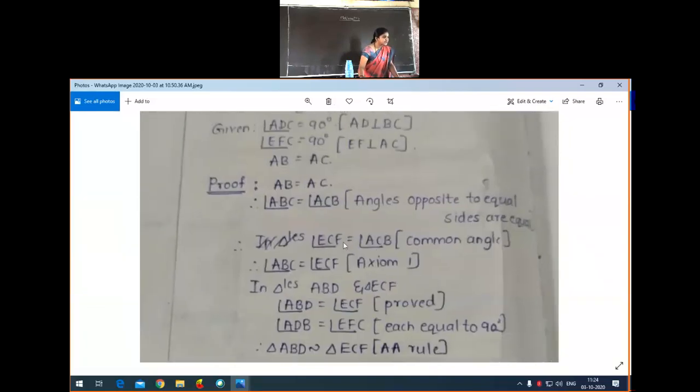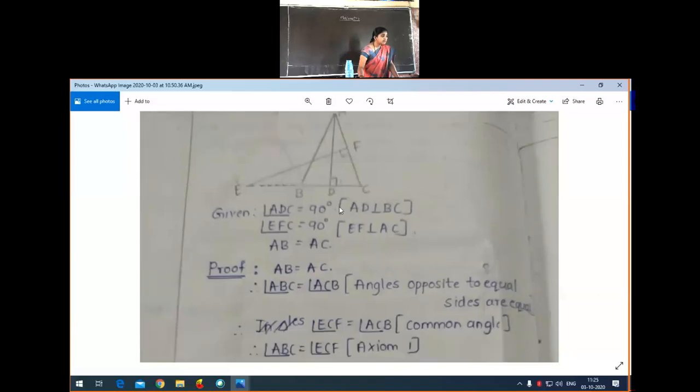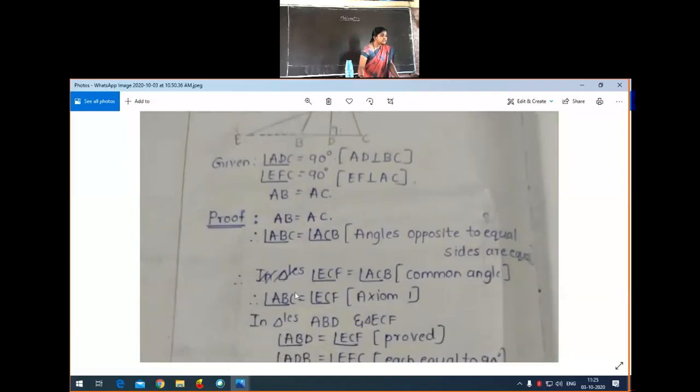You have just proved this here, so how did you get it? We got ABC equal to ECF. This ABC equal to ECF is nothing but ABD equal to ECF, because we need this triangle. In this triangle, how should the naming come? In triangle ABD, angle ABD is equal to angle ECF. ABC is the complete name of this. For the triangle we have now chosen, that is ABD, we take angle ABD equal to ECF.